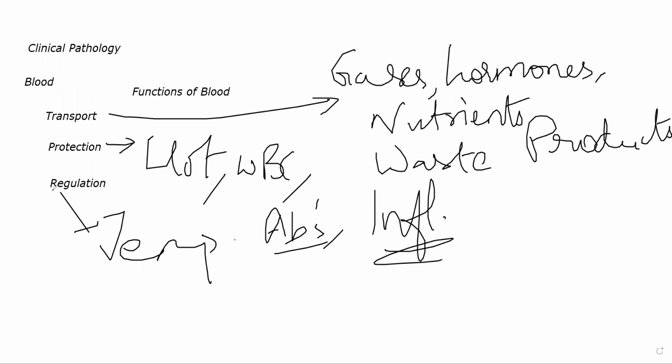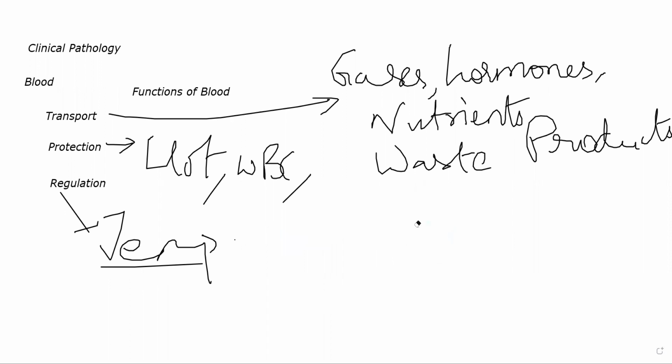When we come to regulatory function, there is obviously temperature. Your blood is helping in maintaining body temperature by regulating the temperature of the body and making sure that your skin is nice and warm and your body is warm as such. Other than that, what else does your blood regulate? pH. Yes, pH. Why is regulation of pH important? Or rather, what is your blood balancing in order to maintain that pH?